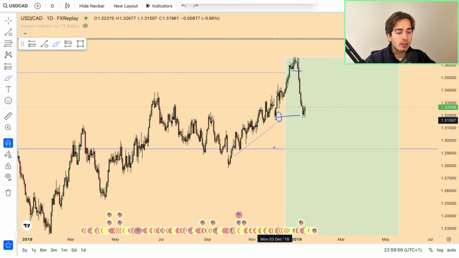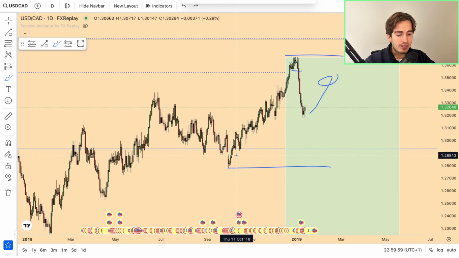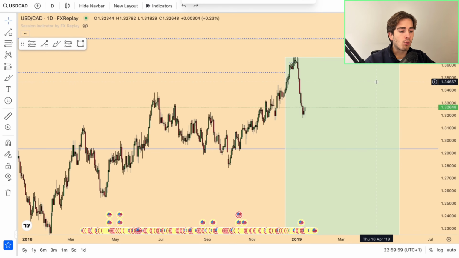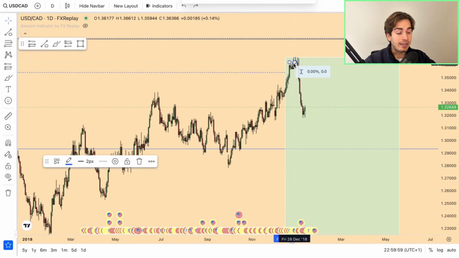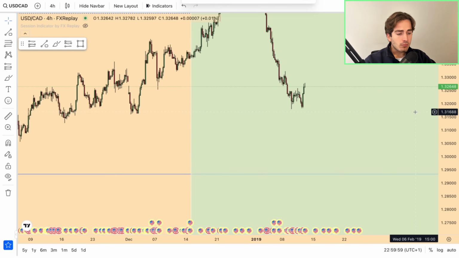Now again, when looking for continuation trades, and what I mean with the continuation is that if this is your swing low, this is your swing high, and we're looking for longs on the daily, it needs to happen from a place of clear liquidity. But if I look here, I don't see any clear liquidity at all. I only see lows that want to be liquidated, hence why I'm happy to look for another short position towards the downside. Now what I do next is I go to the 4 hour,